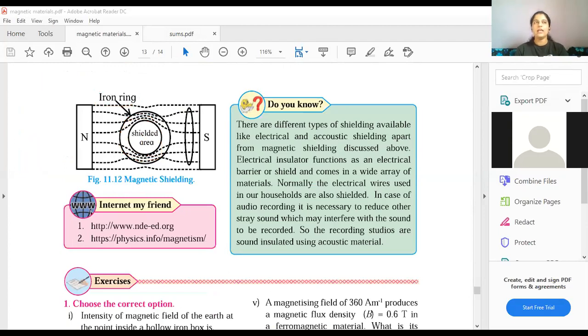Now, for example, suppose I have kept some material inside, in this area. You can see the shielded area. I hope you understand the meaning of shielding: it acts like a shield. What acts like a shield? I'll get to it. In this area, I have kept some material. I don't want this material to be affected by this external magnetic field. Students, magnetic field is present everywhere. Even if we don't keep magnets, there is some amount of magnetic field here and there.